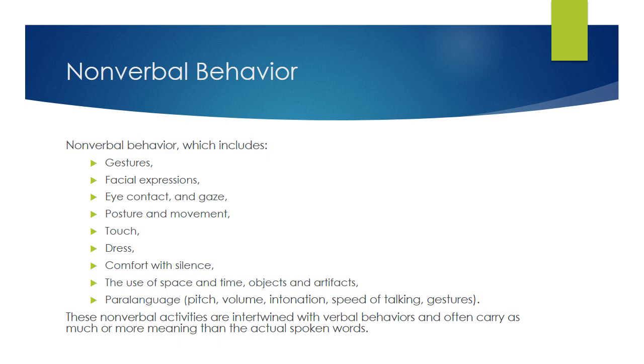Posture and movement: somebody who's standing straight up and down, shoulders back, head up, is obviously feeling confident, whereas somebody with a slouched posture, we can kind of see they may be sad. How we touch people, how we dress, our ability to deal with silence. This is something that, again, is very American, to fill all the silences. On the other hand, you go somewhere in Asia, and silence is something that is much more accepted. The use of space and time, objects, and artifacts.